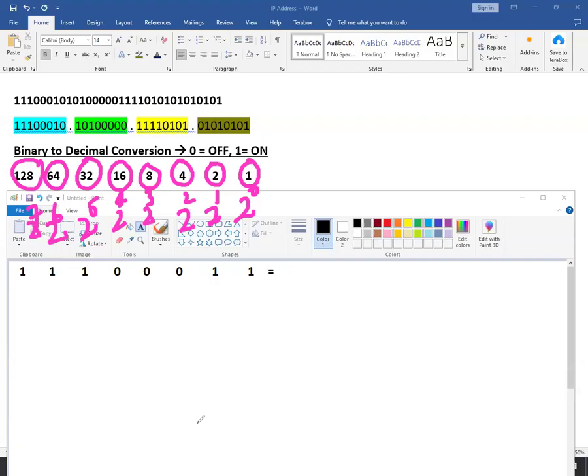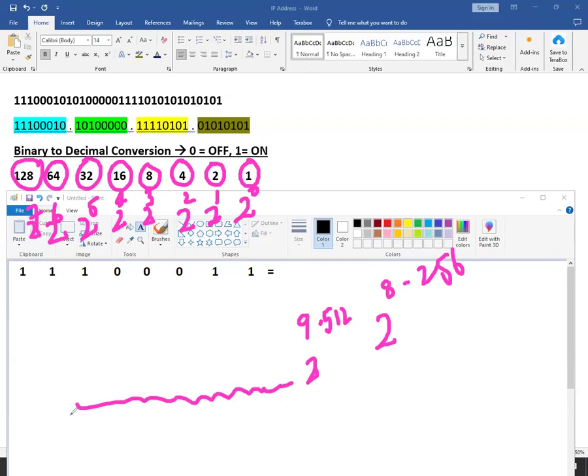Now let's see if there is one more bit available. It will be 2 power 8. So 2 power 8 is how much? 256. Let's say there is one more bit available, 2 power 9. That is 512. So this will not end actually. This will keep going. But you know why I'm stopping at the 8th bit here? Because there is a reason. IP version 4 is 32 bits. 32 bits are divided into 4 octets. Each octet contains 8 bits. So we need to stop at the 8th bit only.